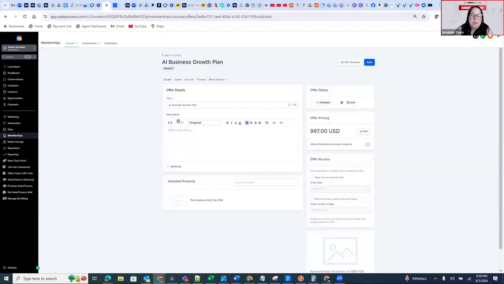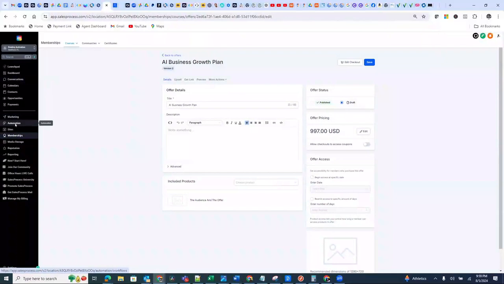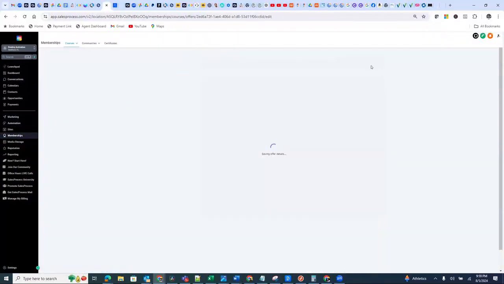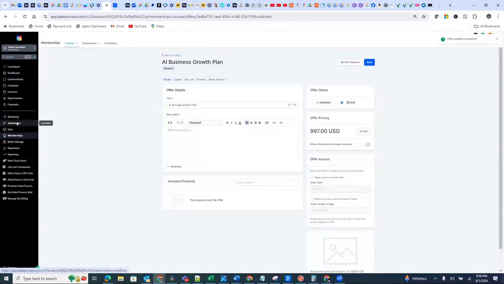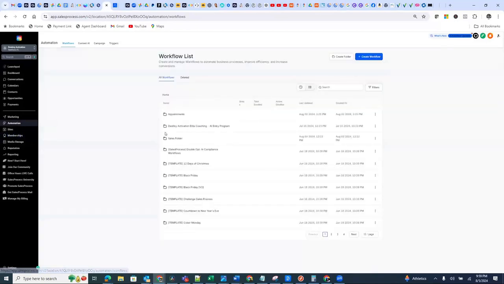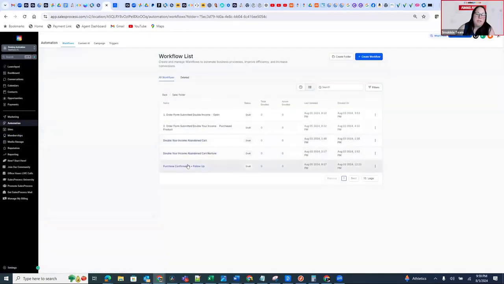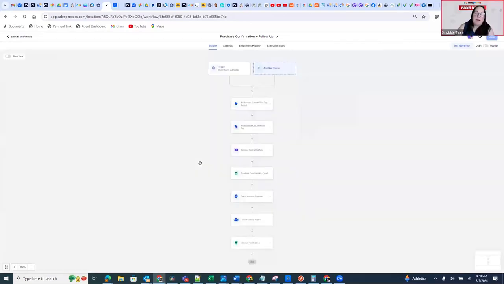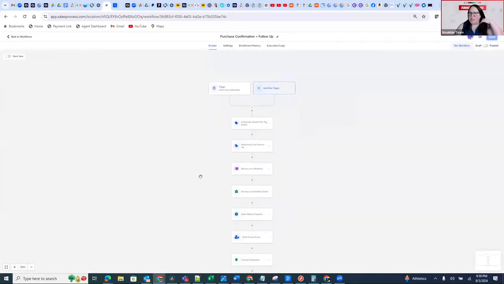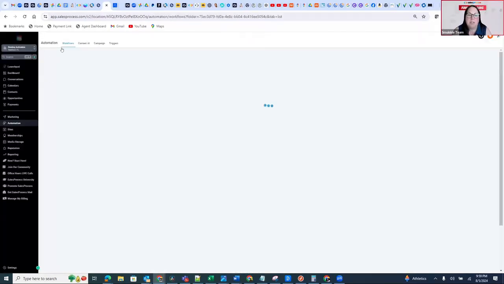Now, when you're building out your automation for it, you're not granting group product access, you're granting offer access. And so that's why you need this. So let me save this and let me go back to the sales folder. You might have to go back into the membership area because I think it was not published.